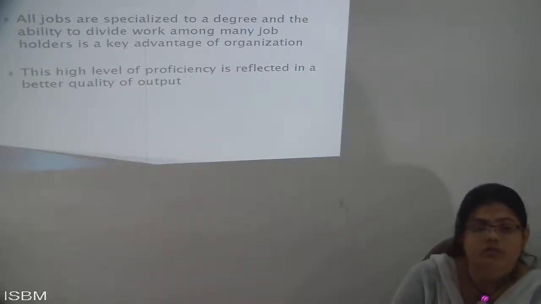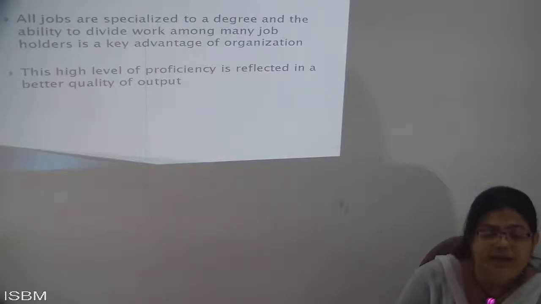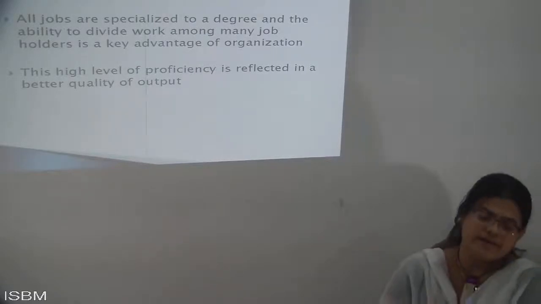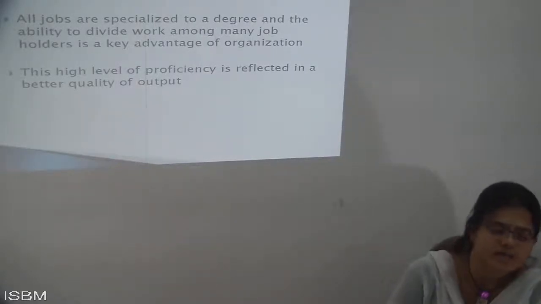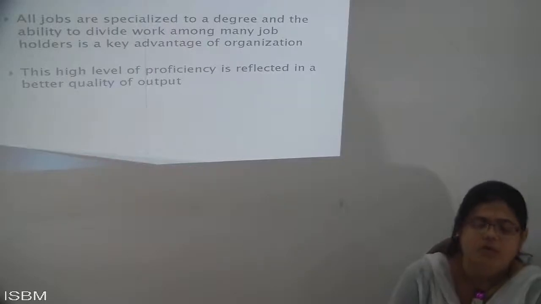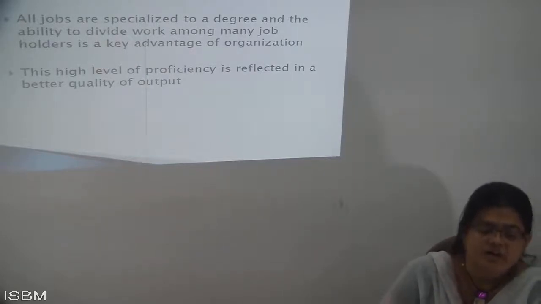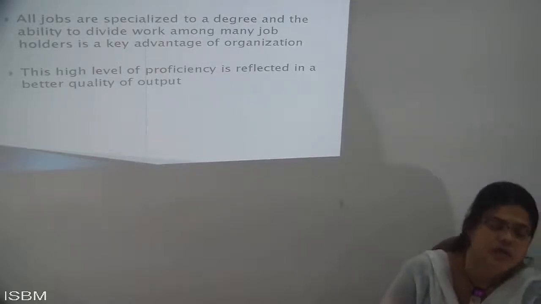So this is what has just come, then afterwards analyze yourself, and finally we seek out specialization, because without specialization of any kind in a person, you cannot make a good organization. So this is the main key advantage of an organization. You need to develop it with the help of division of labor.